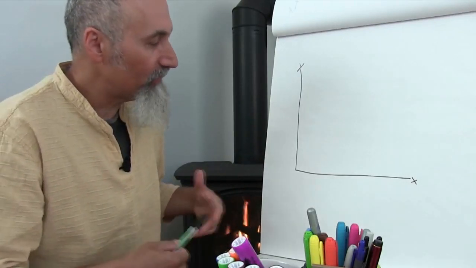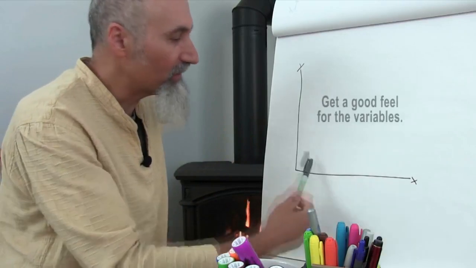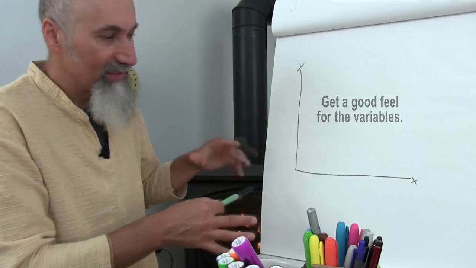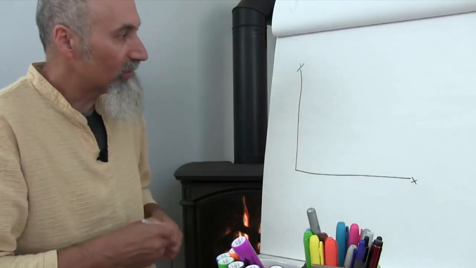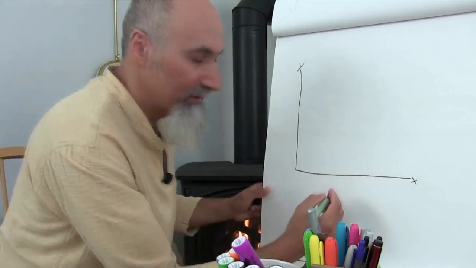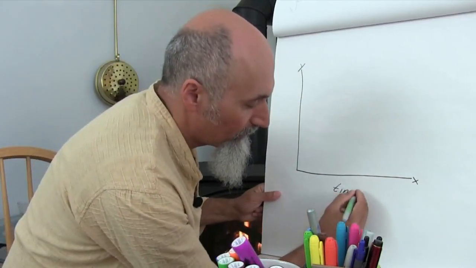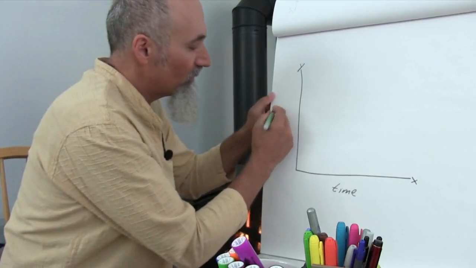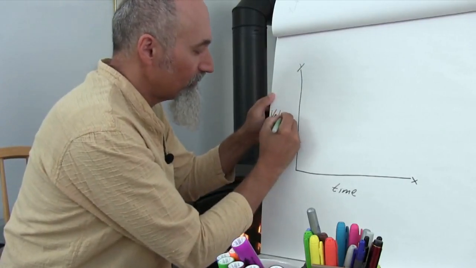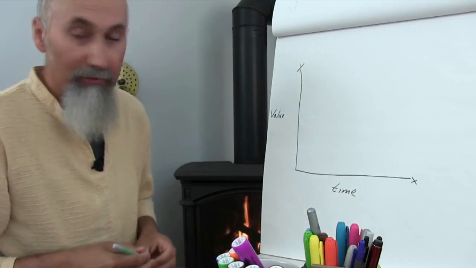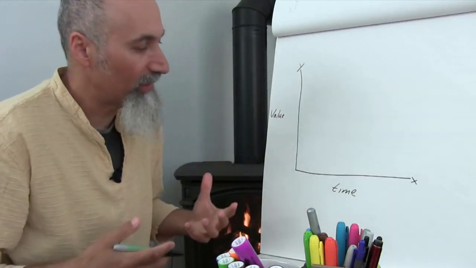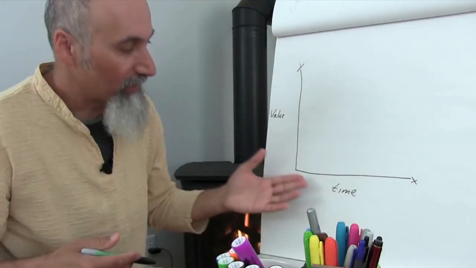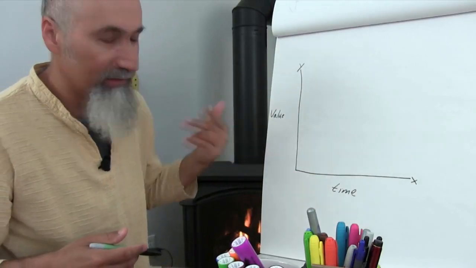The first thing is we have to take into consideration what the labels, what the titles of the axes are. Basically what that means is, what are we comparing? What is the system that we're looking at, right? For us, we're going to put time on the x-axis, and we're going to put value, worth, on the y-axis. Okay, so I'm just going to call this value. So the first thing we have to do when we're looking at a graph is take a look at the axes and get a full appreciation of what the axes represent. For us, the x-axis is time and the y-axis is value.